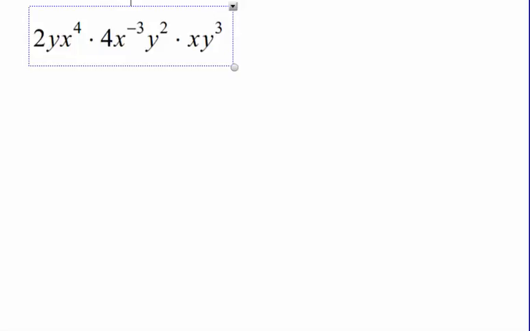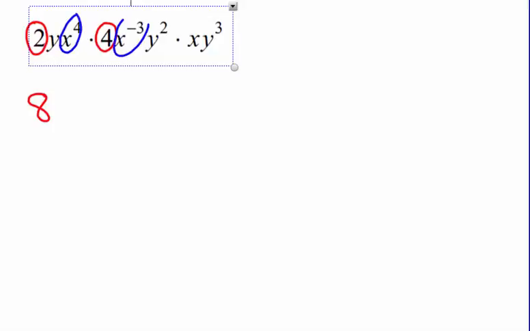So with this one, we're going to do the exact same thing. We might as well combine them. We could move things to the denominator for the negative exponents, but we'll just add them all. So 2 times 4 is 8. Then our x's, we've got an x to the fourth, an x to the negative 3 power, and then x